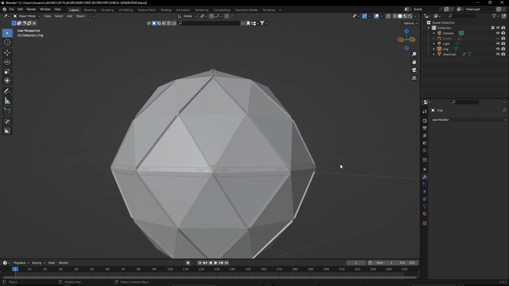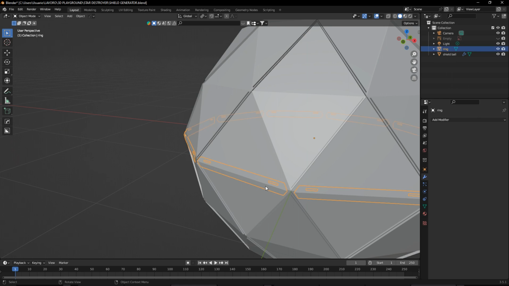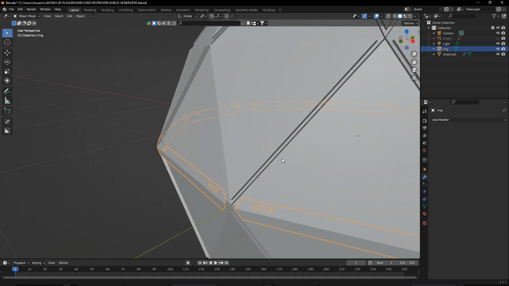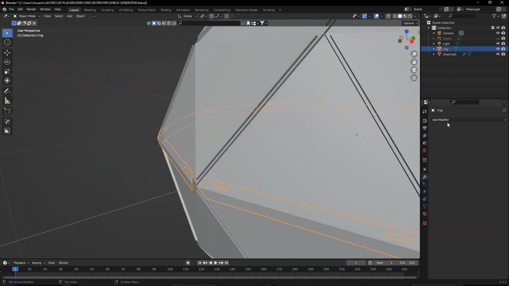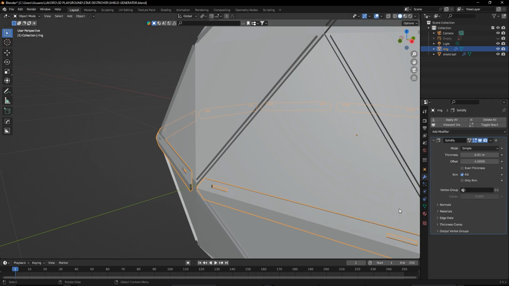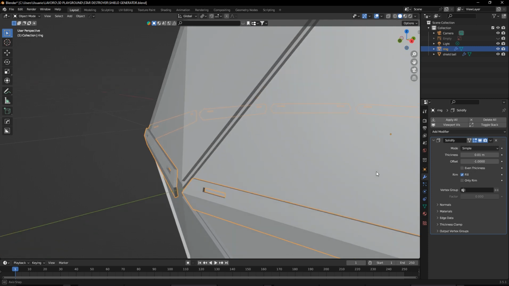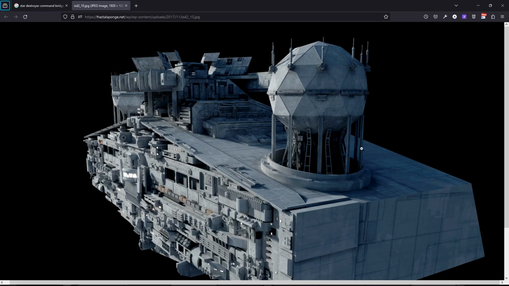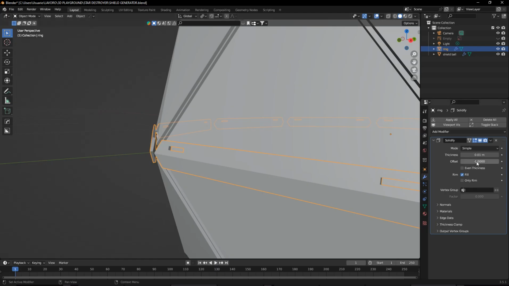Now this element should have something like thickness, so let's add a solidify modifier, but not toward the external, toward the internal part. So offset 0.1, but not too much. No, okay, let's make it